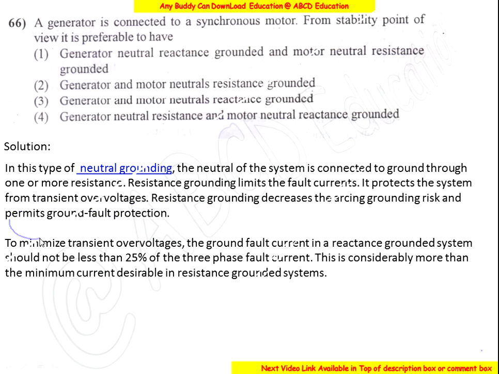Okay, and to minimize the transient over voltage, the ground fault transient over voltage, the fault current in the reactance grounded system should not be less than 25%, and the three phase fault current